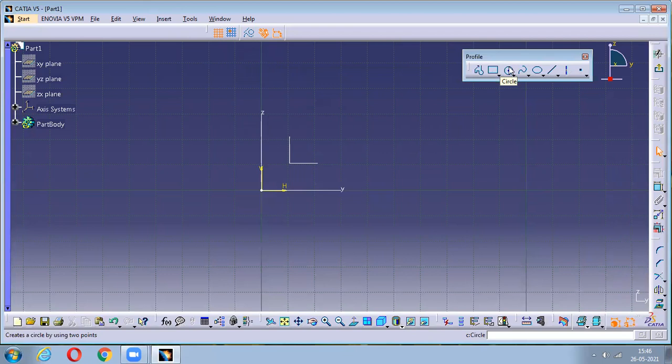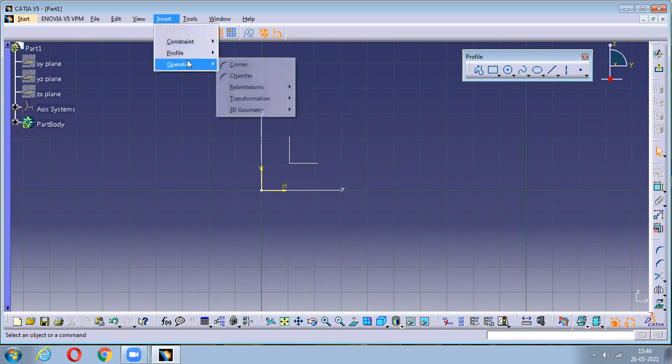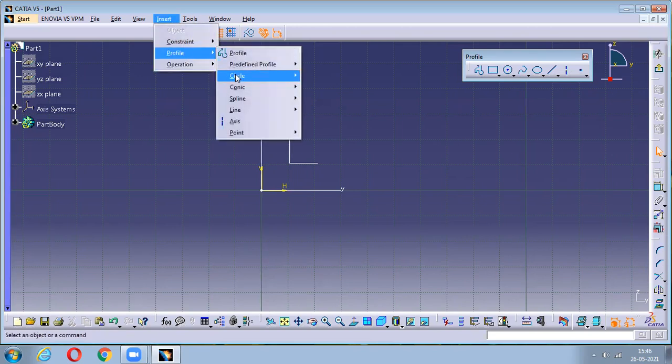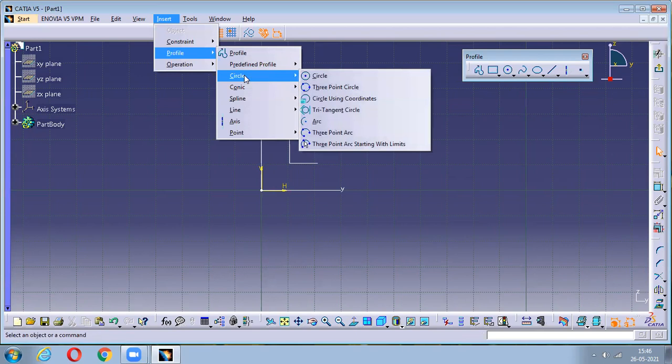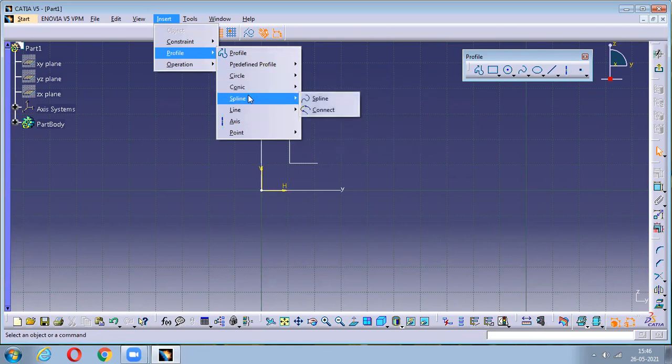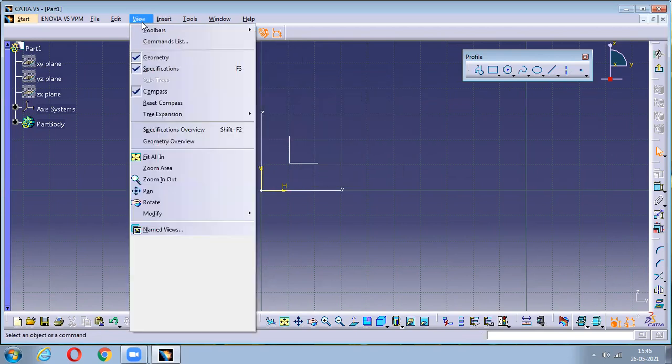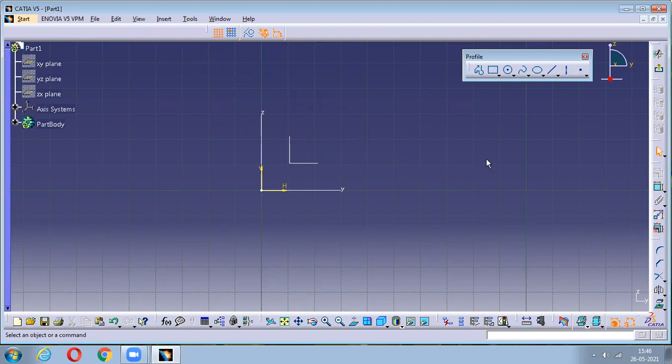So now tell me, do you want me to explain the tools from the shortcuts, or should I take this from inserts? No, sir. You can explain by shortcuts only. Shortcuts only, sir. Okay, just because the shortcuts is the thing you have to learn. Okay, you can't go to insert every time here. Okay, so very good.